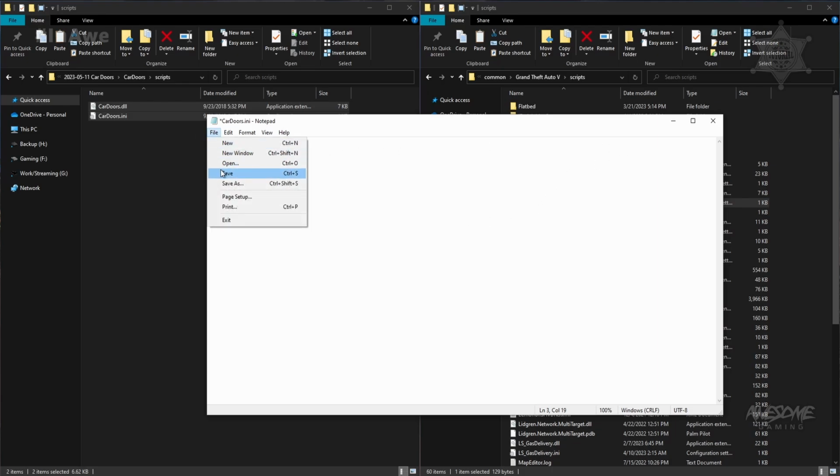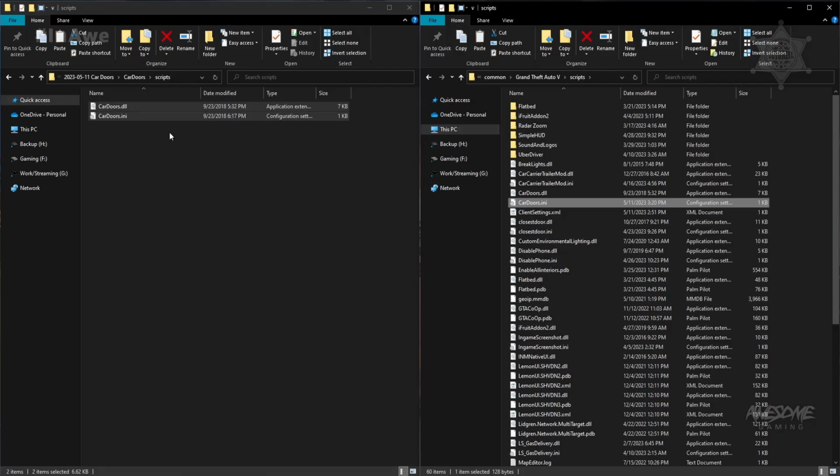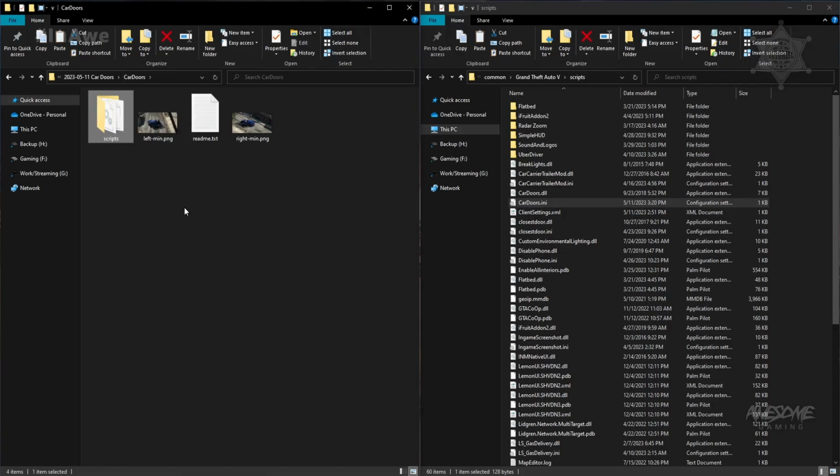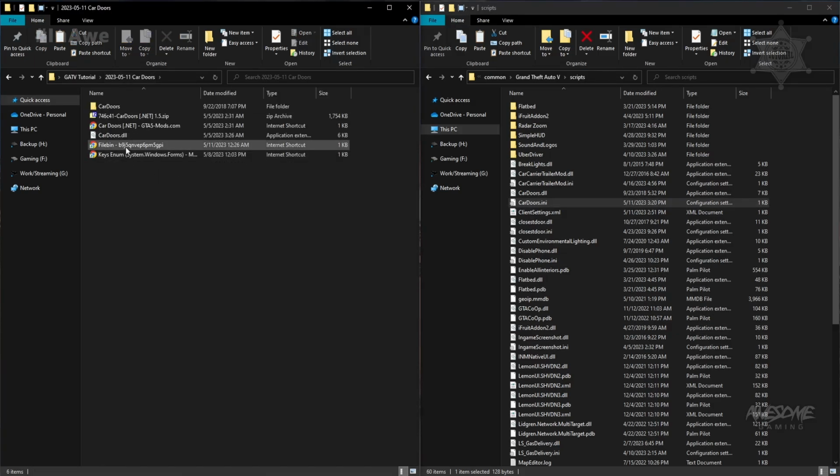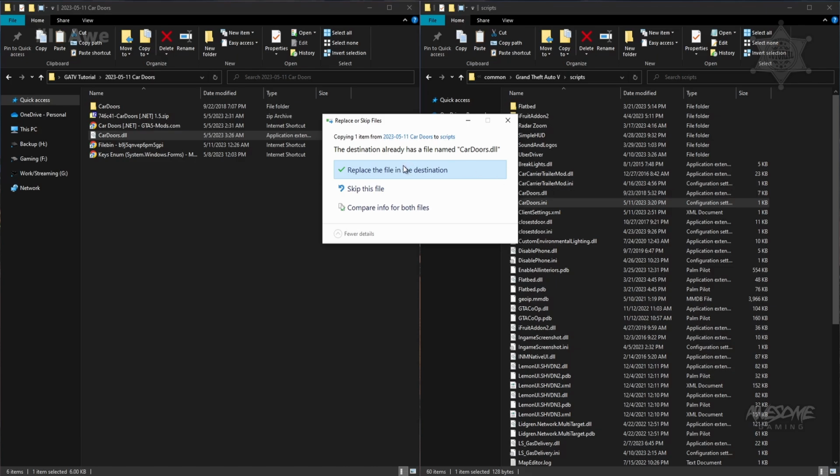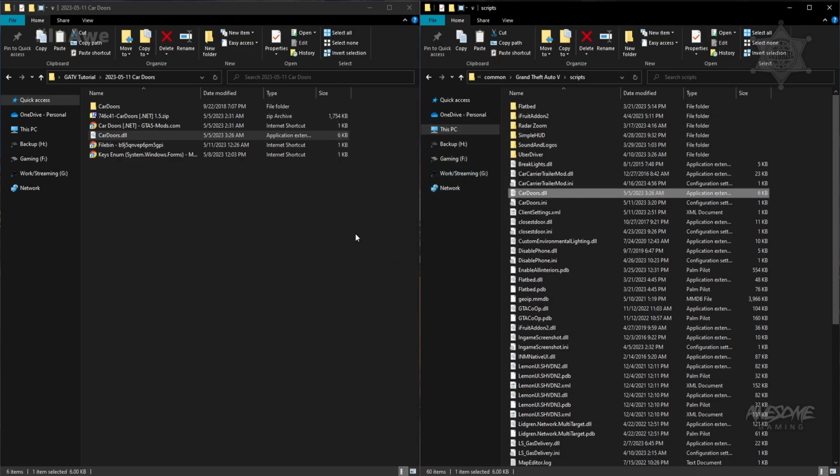We're going to save this. Close that. And then we're going to copy, paste basically my fix, which is going to be the car doors.dll. Just basically held control with it highlighted, dragged it over, makes a copy. You don't have to worry about copy pasting manually. And then here we're going to replace, and then there's our fix. There's our 2 files, and